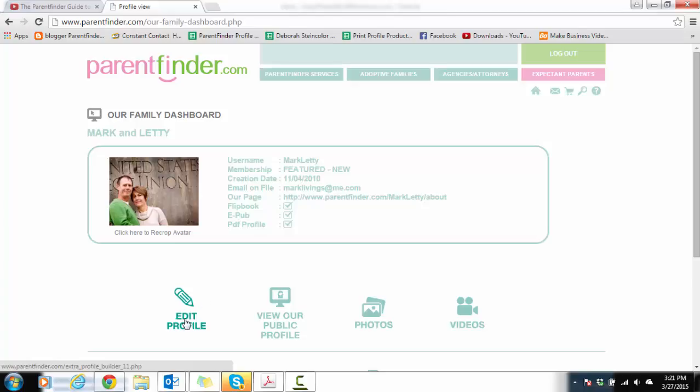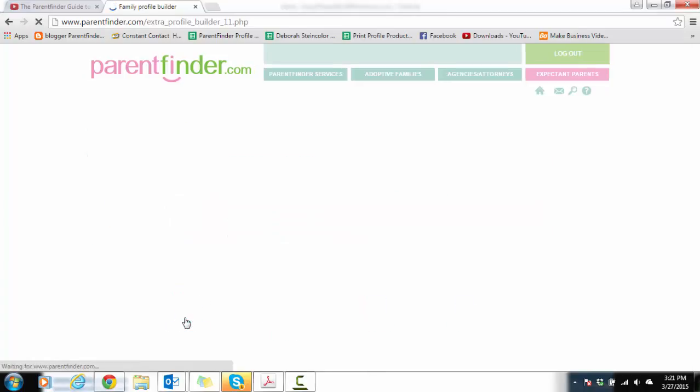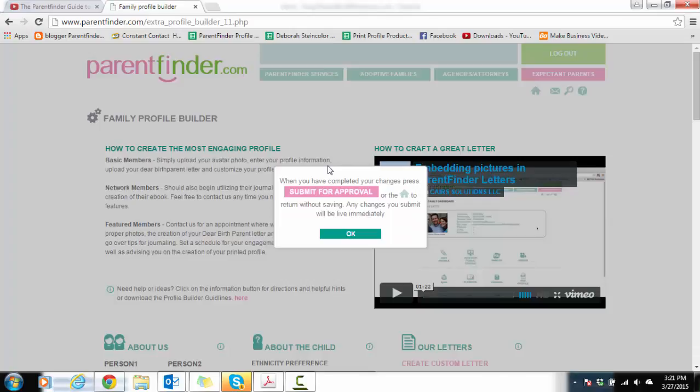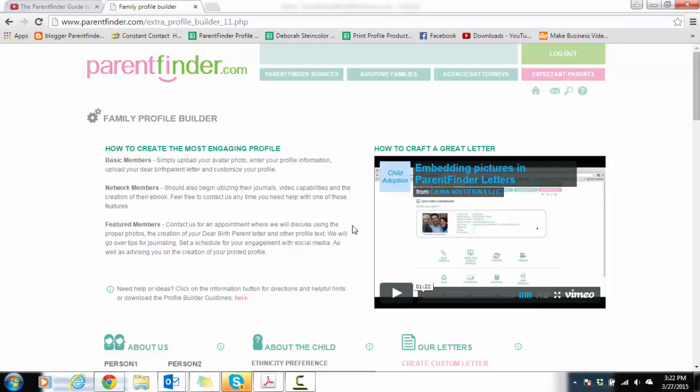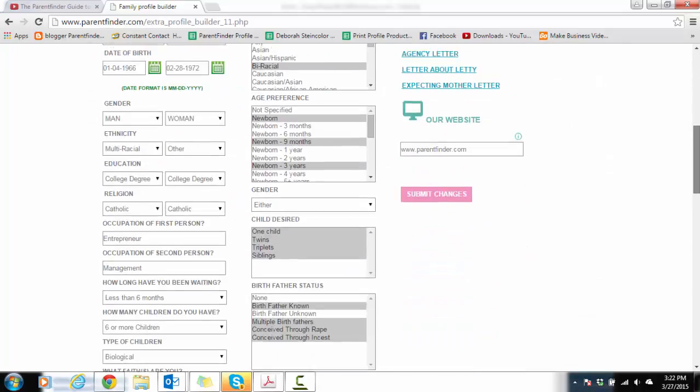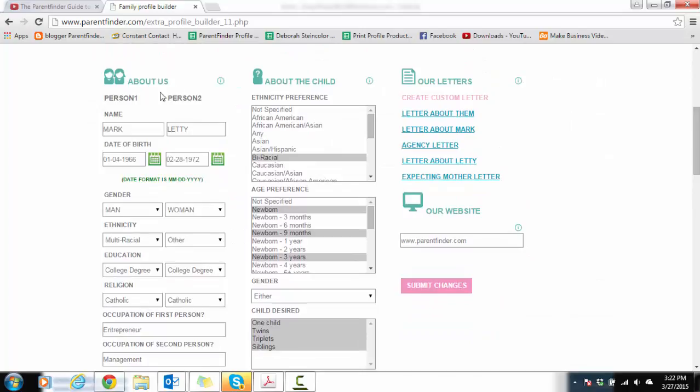We want to go to Edit Profile, and that's where you are going to select Child Preferences and give more information about yourself. Not information like what's found in your letters that we're going to help you create, but information about your religion and your home and things of that nature. So we see here when you've completed your changes, press Submit for approval. So we're going to click OK to get out of that, and you will notice that in this page we